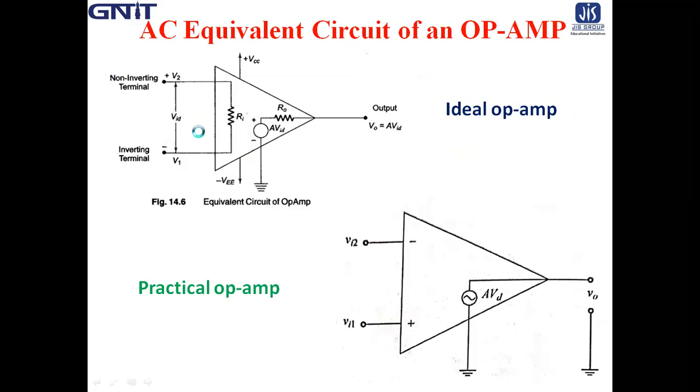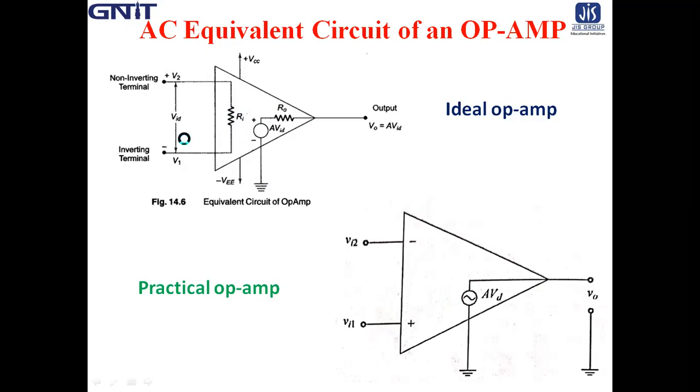So first one, this is the circuit of an ideal op-amp, whereas the second configuration is the circuit of a practical op-amp. In the first circuit, Ri is the input resistance between the two input terminals,